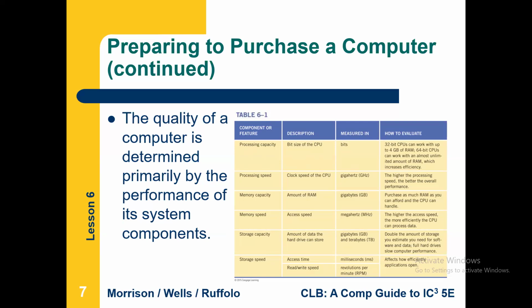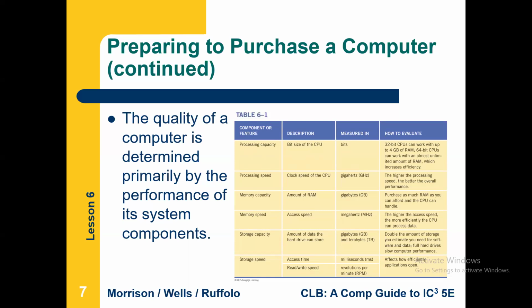So the higher the processing speed of your machine, or the higher the clock speed of your computer, the better the overall performance of your computer will be. So you also look at the clock speed, and usually the clock speed tells you how fast your data will be processed per second. So gigahertz is the unit of measurement for our processing speed or the clock speed of your